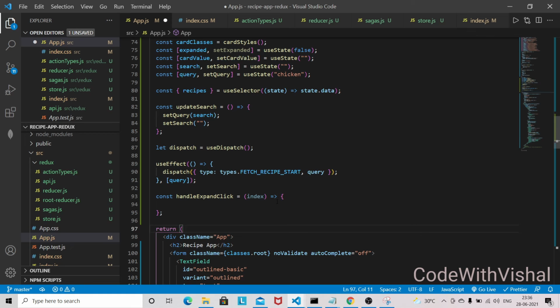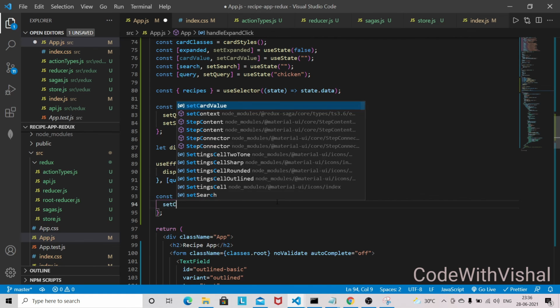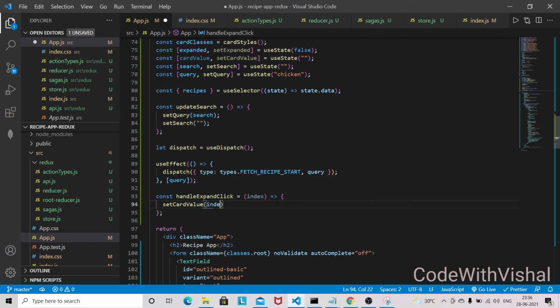And inside handleExpandClick, I am just going to set the card value and store the index here.